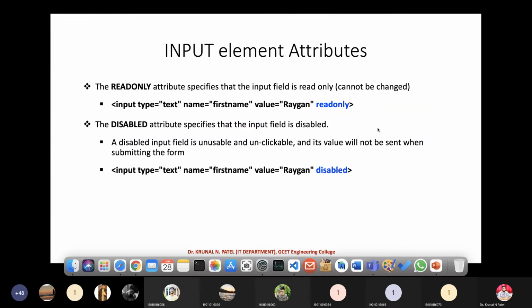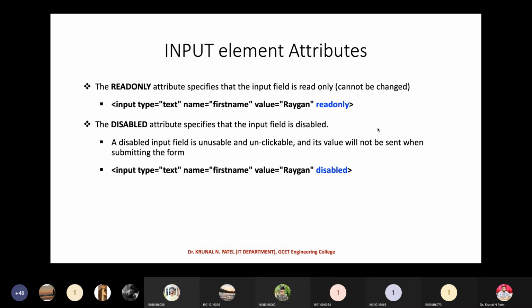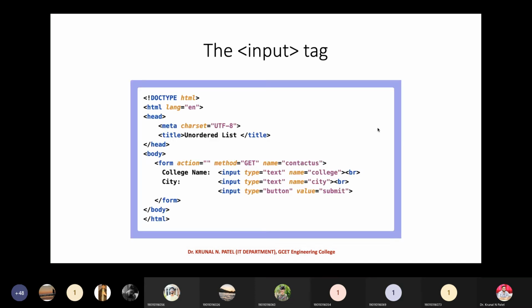Okay, now let's go ahead. We have talked about the form element and attributes, and the input element and attributes. So now we have the setup ready. First we have to define a form tag with the required attributes, and then we go for input. Let's see different types of inputs. Here in this example, I have put one demo form. We will see this particular example when we discuss it, but right now, remember how you can define it.